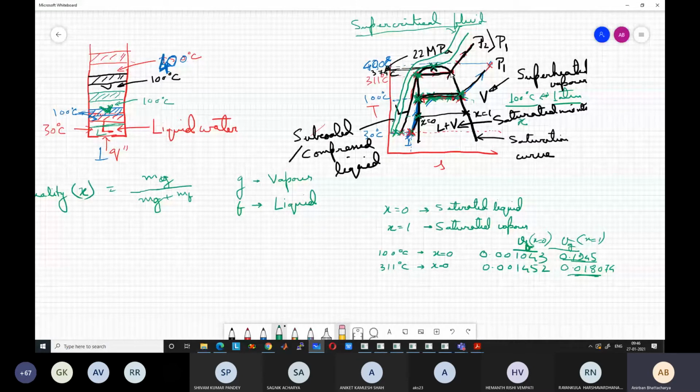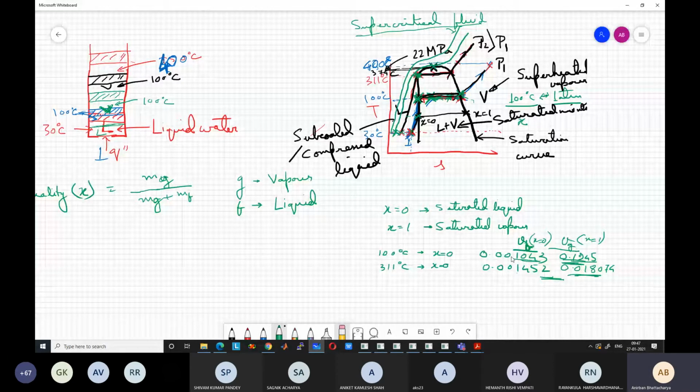And if you go to higher pressure and temperature, the entropy difference actually decreases, and also the specific volume difference decreases. You can see that the specific volumes are very near to each other. Liquid is 0.1452 and vapor is 0.0. Still there is a lot of difference there, but the difference is much less as compared to this case. This is almost more than 100 times, right? And this is not as much.